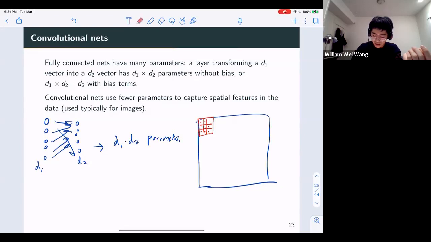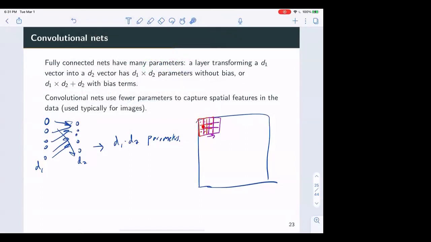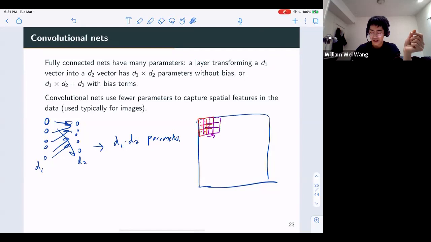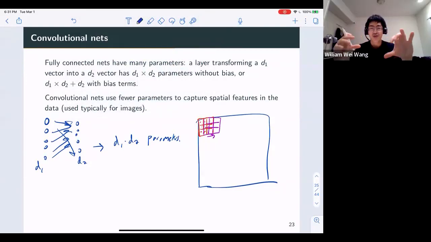I'm going to slide this guy over here. Every time I slide it, I'm going to take an inner product or dot product with the image that's inside that square. I take each of these values inside the square, multiply it with the weight and the image value, and then repeat that over and over again. Each one of those gives me a number, and I compile those numbers into a new, smaller image. That becomes a new feature that you can use.